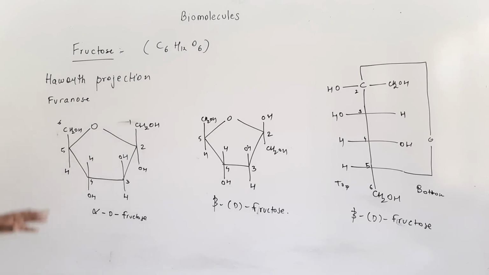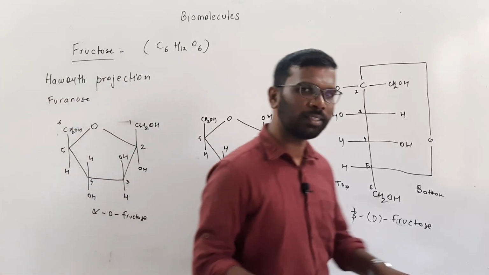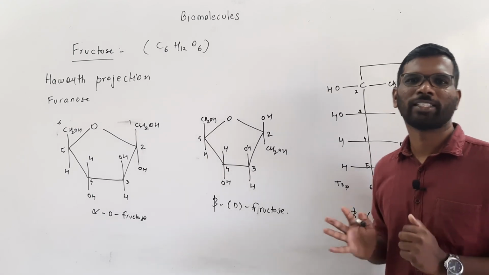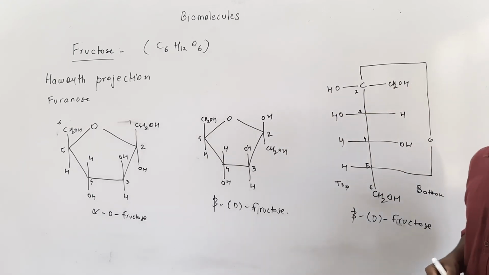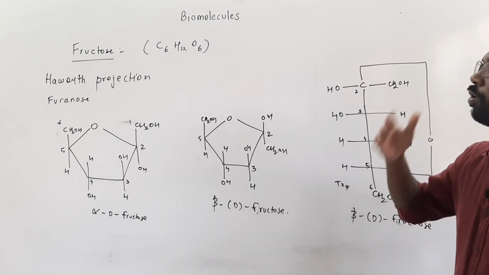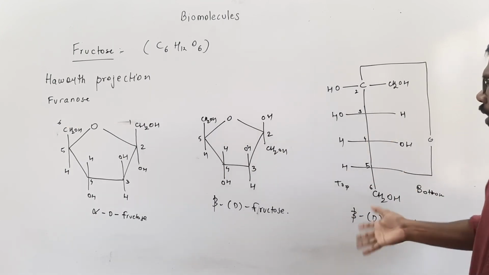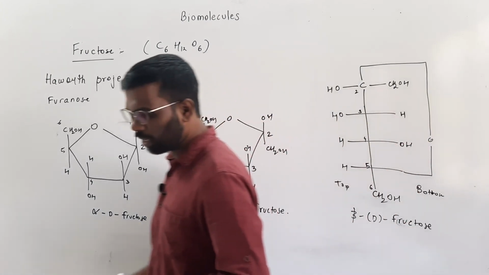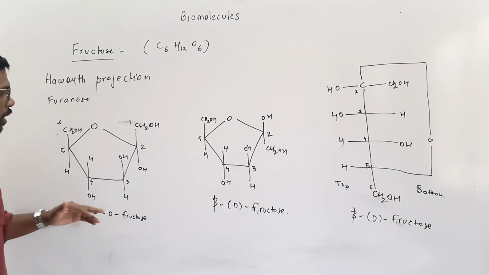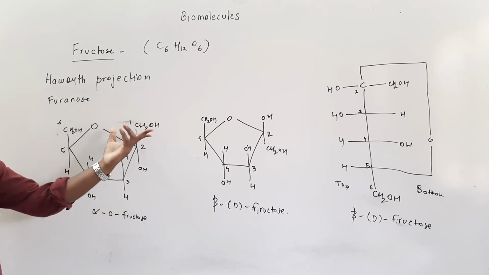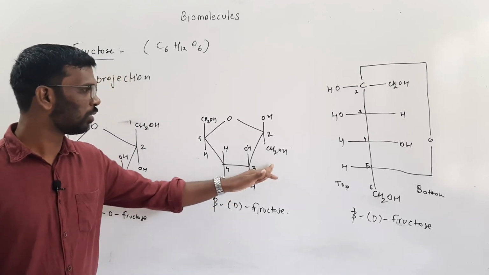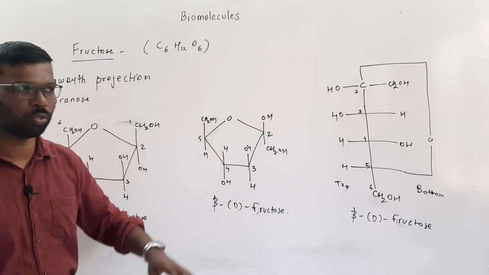So this is the thing about the glucose and fructose. Here in these lectures, we have understood a very important part of this lecture, how to write the structures of the alpha form and all the structures of the glucose and the fructose. Now this is for the D structure. Now for the L structure, alpha will be something where OH is on the top and CH2OH is down, and for the L form beta structure, CH2OH is on the top, OH is down. So that is the thing regarding the structures.